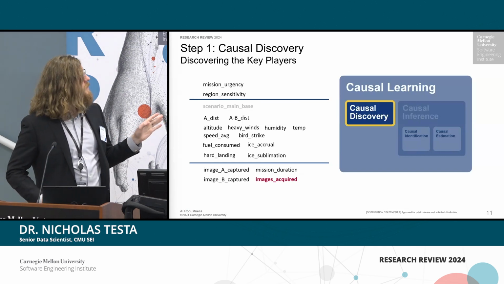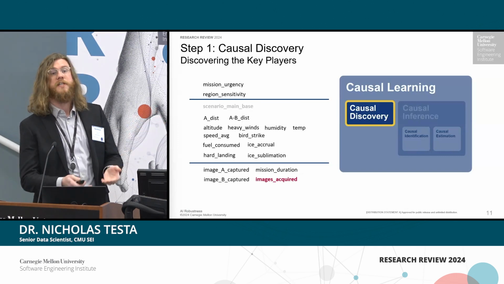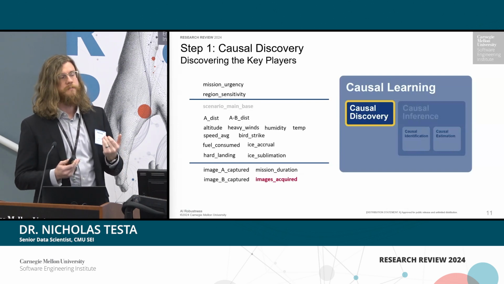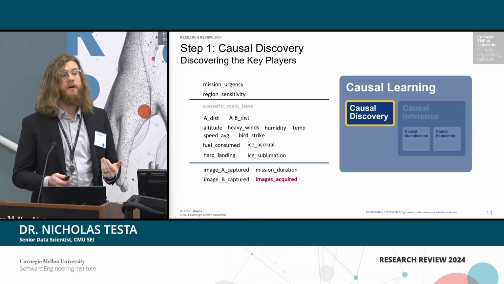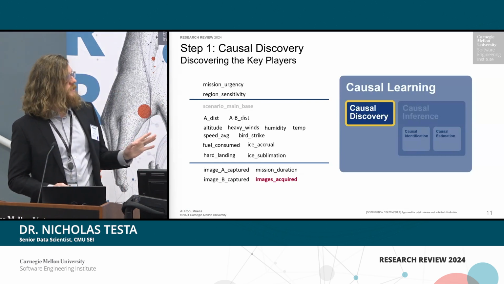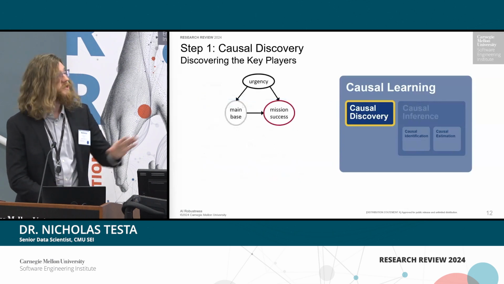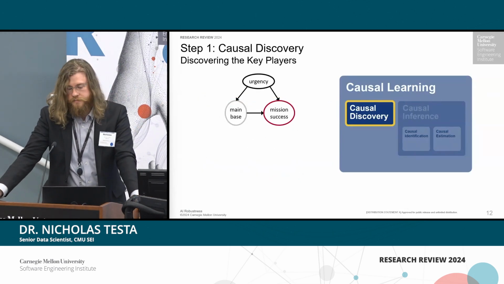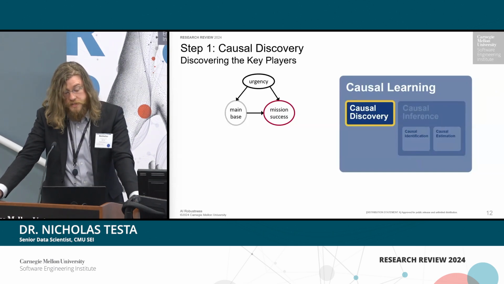We can subset this even further if we have the subject matter expertise, but it's really not super necessary. The causal algorithms that we use are robust enough that this is sufficient. But we're just going to use these for now. Okay, so back to that original question: how does our choice of which base to take off from affect mission success?